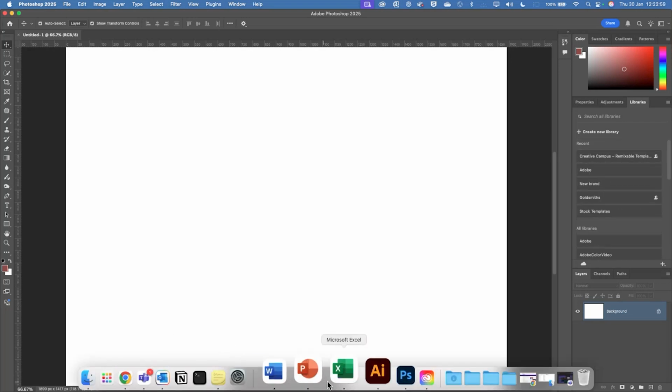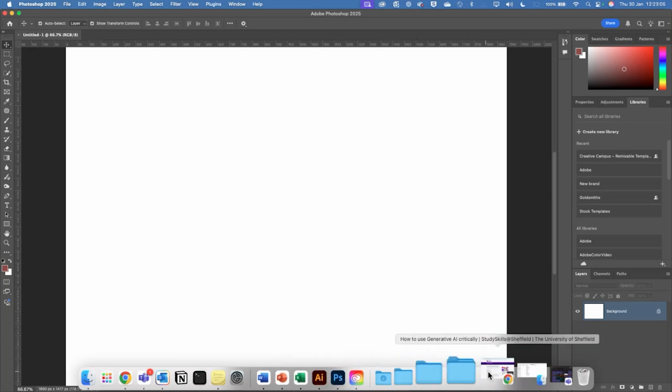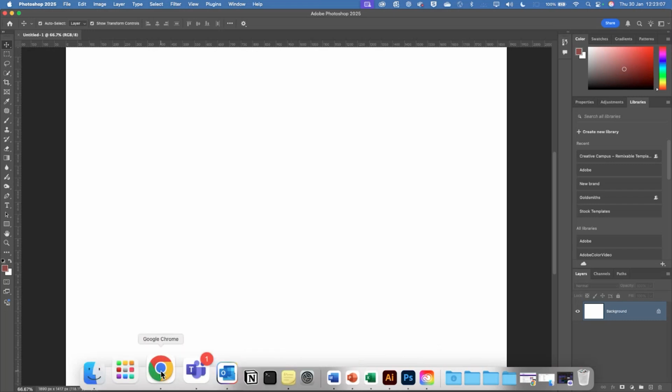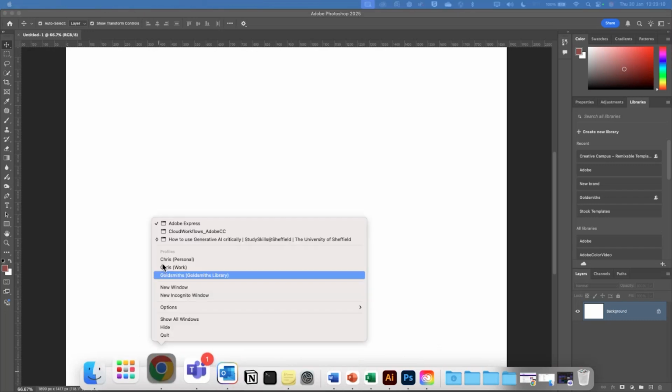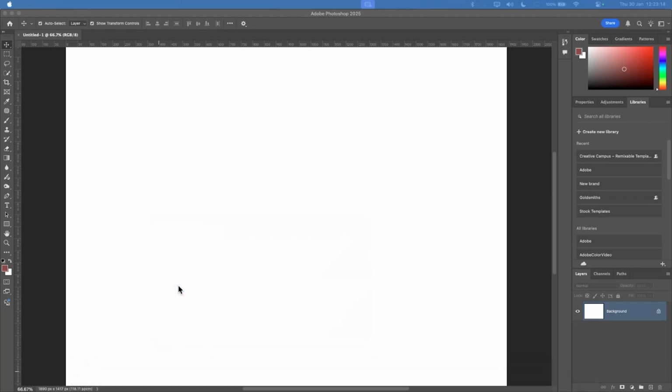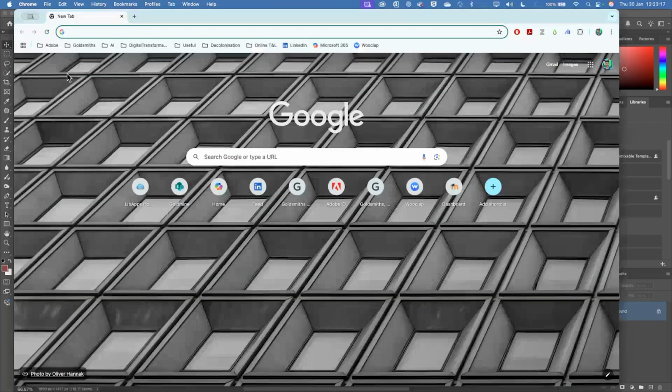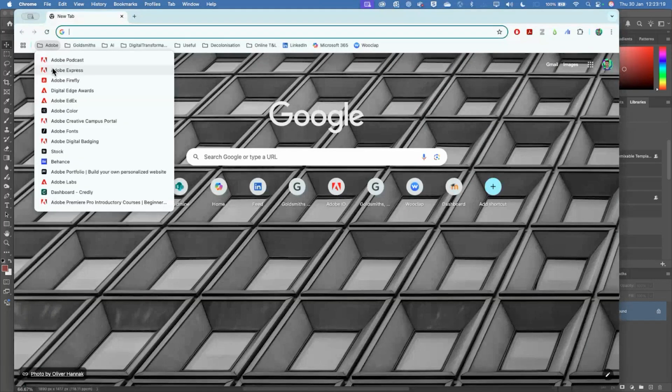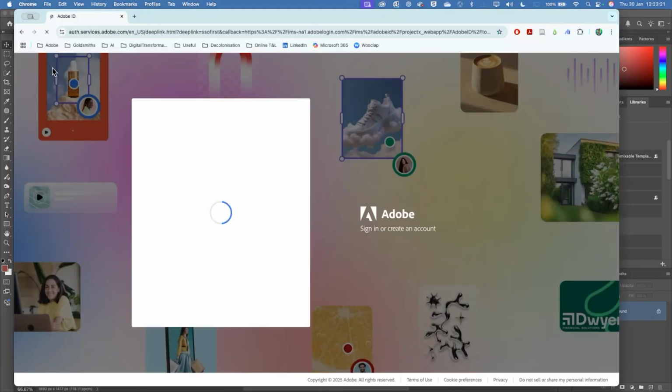But it doesn't just apply to applications that you download for your desktop. It also applies to web applications as well. So I'll just open a new window. Are you all familiar with Adobe Express? Yeah.